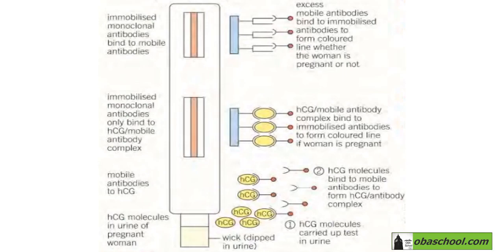First of all, the wick is sucked in the first urine pass in the morning, since this will give the highest levels of HCG. The test contains mobile monoclonal antibodies that have very small colored beads attached to them. These beads or these monoclonal antibodies will bind only to HCG. So, if the woman is pregnant, the HCG in her urine binds to the mobile monoclonal antibodies and then forms